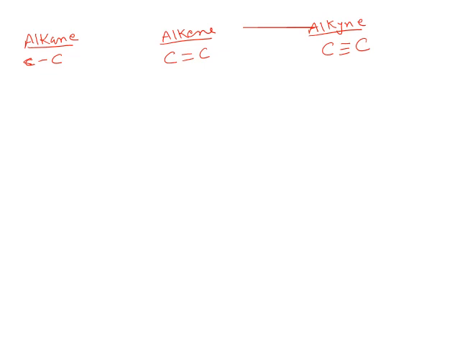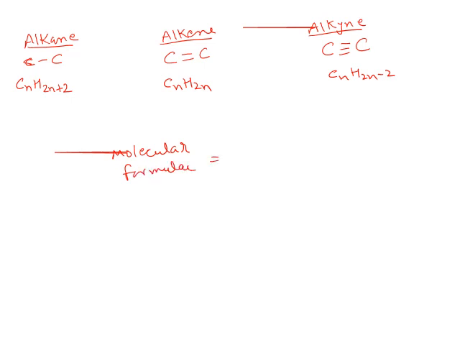And then the formulas that we discussed in the previous video are, for alkane, CnH2n plus 2, for alkene CnH2n, for alkyne CnH2n minus 2. Here n is the number of carbon atoms that you have for that particular compound. So let me give you one example. If I have a molecular formula